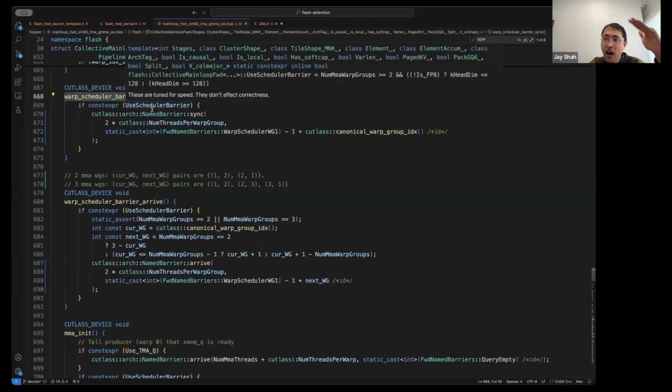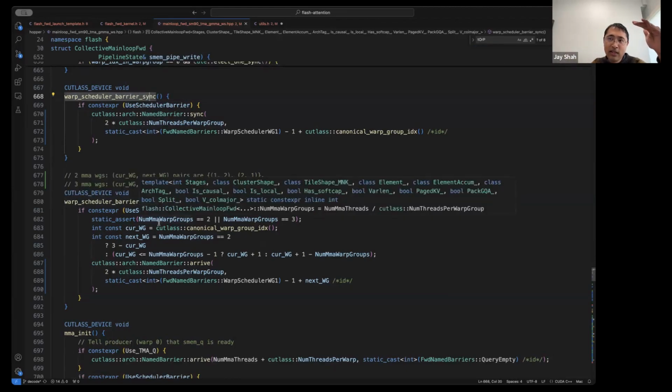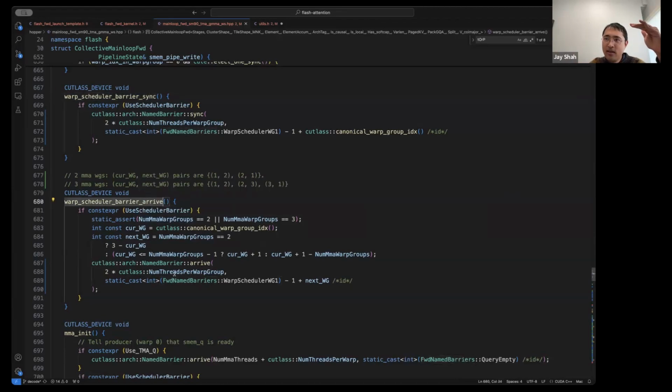The sync will block one of the warp groups from executing while allowing the other to pass through. The arrive on the warp group that passes through will then allow the warp group that was stopped to proceed. We handle this using named barriers. So the named barriers are offset from each other so that the scheme I described works.